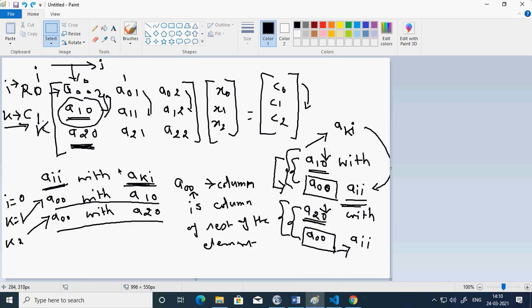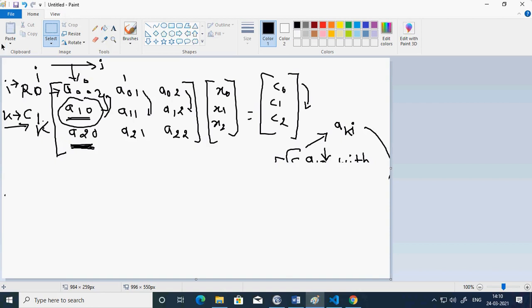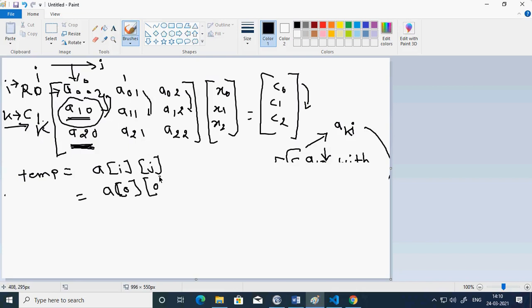Now initially i is 0, so therefore I am going to get a 0, and j started with 0 also.